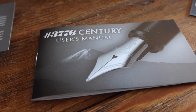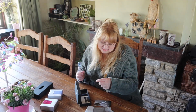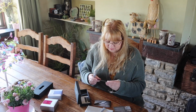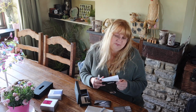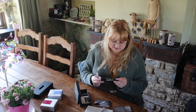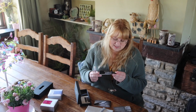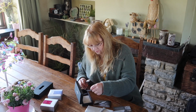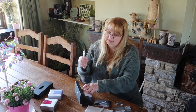I think 3776 is the height of Mount Fuji, and that's why it was named after that. So we've got a little card about that. We've got a second instruction manual. Now, they've obviously thought of a couple of extra things they needed to say, such as do not use for purposes other than writing. A little card from the place we got it from, penheaven.com, a warranty card, and a